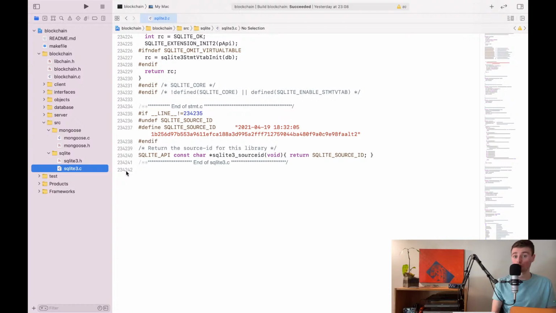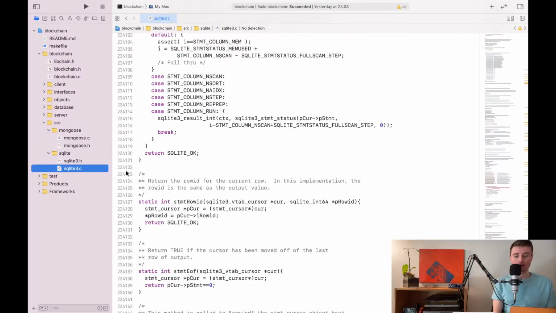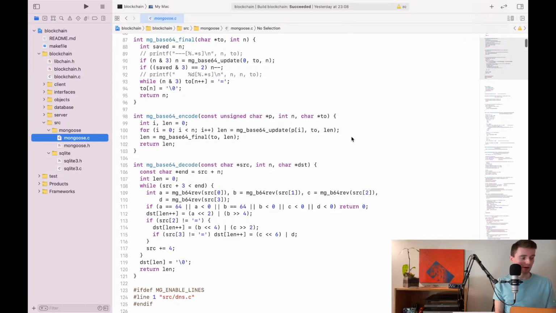234,242 lines of code for SQLite, and this is your SQLite database. And I just compile this along with my source code, and now I can use a SQLite database. And it's the same thing with Mongoose. If we look at Mongoose,